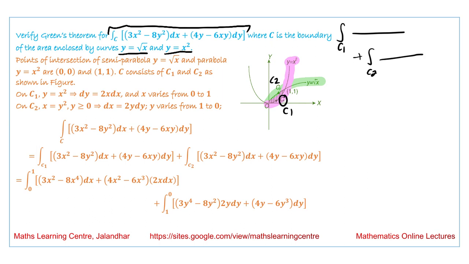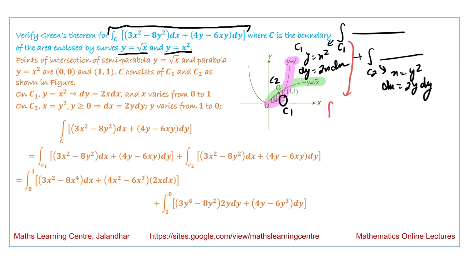Now for the curve C1, we have y is equal to x square, so dy is equal to 2x dx, and for the curve C2 we have x is equal to y square. So we are writing dx is equal to 2y dy. If we substitute these values in these integrals, corresponding to this first one, the integral will become integration